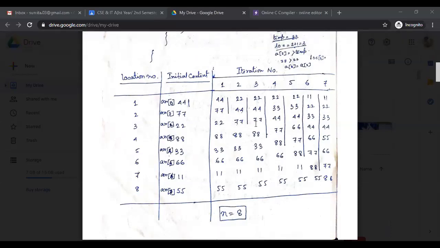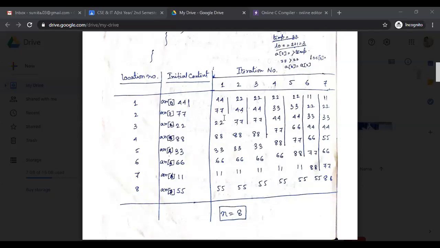This part is not written here, but in your program this part is written down in your logic, in the algorithm as well as in your program. So the first comparison is between 77 and 22. After inserting 22, we first compare 22 and 77. Yes, obviously 22 is less than 77, that's why swapping is done between these two. 22 moves to this place and 77 goes down to this place.